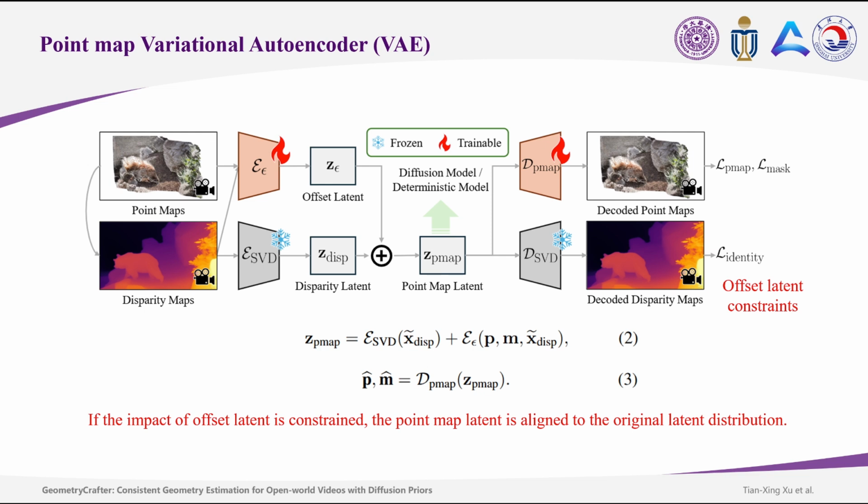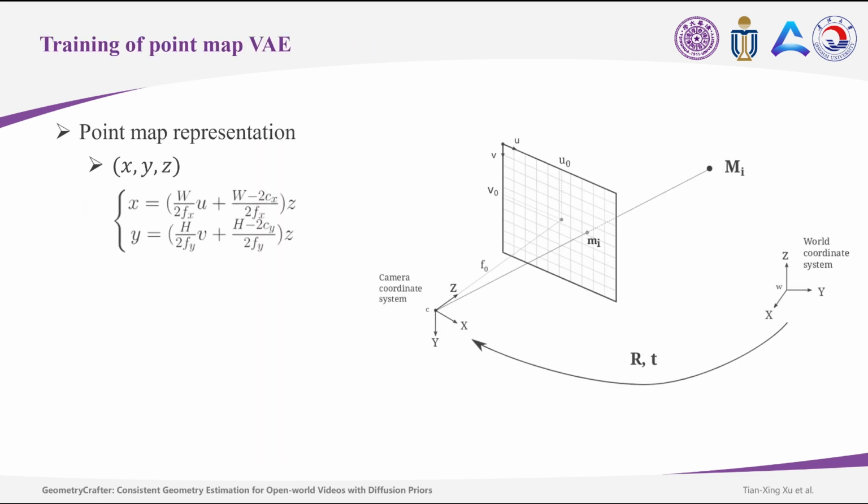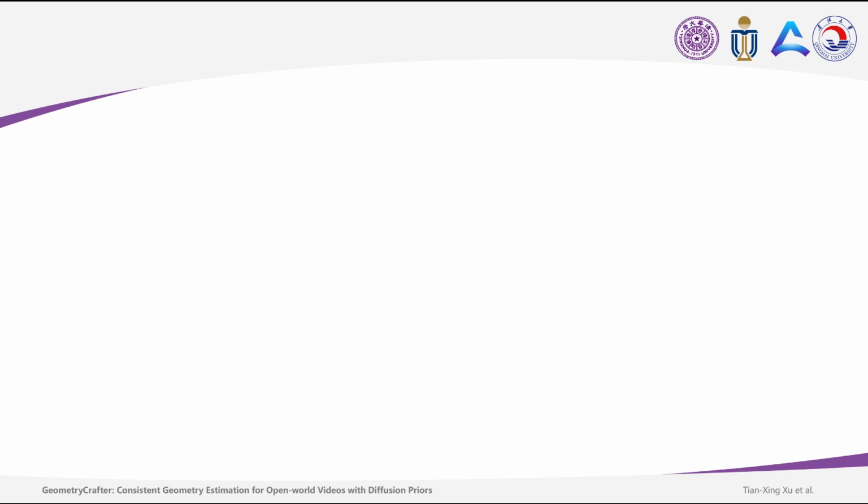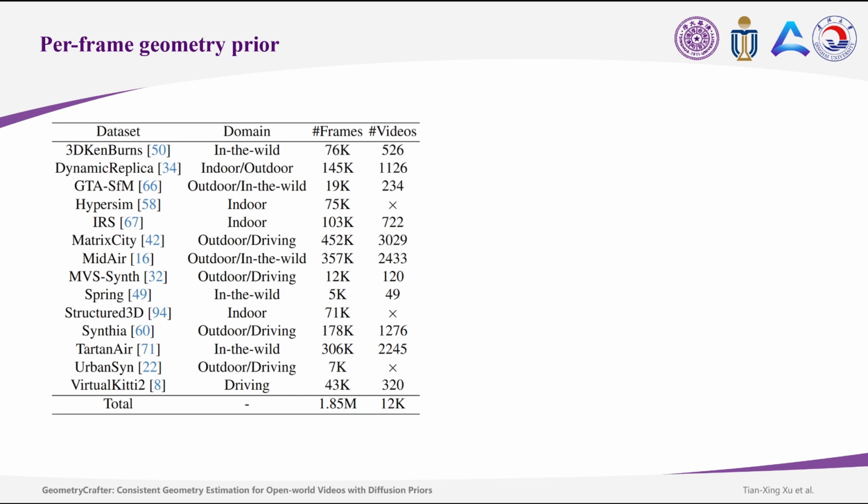To better encode and decode the point maps with our proposed VAE, different from previous methods that entangle the ray directions and aspect ratio into the point maps, conveying location-specific information that diverges from the translation invariant nature of RGB features, we propose a simplified representation that decouples the point map into a diagonal field of view and a depth map in log space. Given the point map VAE, we can fine-tune the diffusion model to estimate point maps for